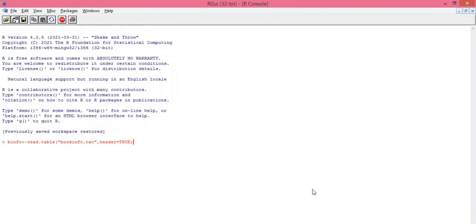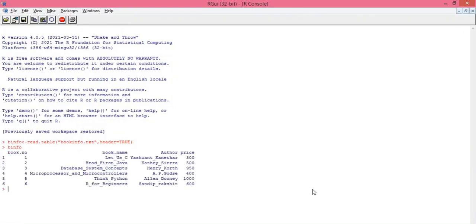Okay, so let's verify the result. binfo, see, my file is imported into binfo data frame. If you verify the class of binfo by using class function, you can get the class, that is data.frame.